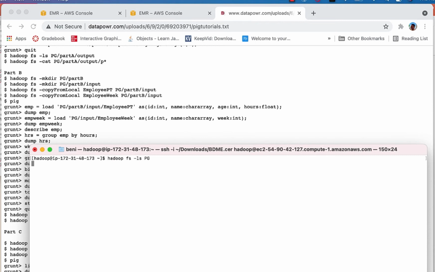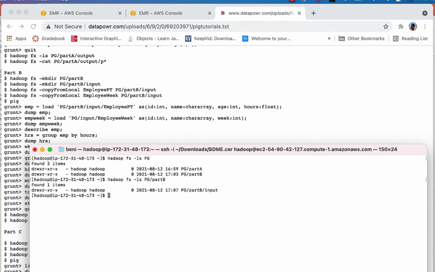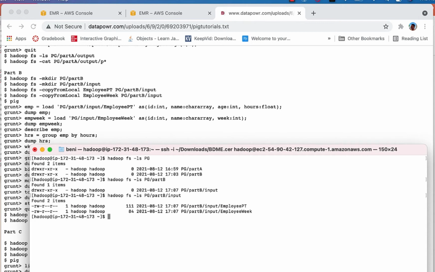You see that we have created a pig part B. So if you see inside part B, you should see the files. There is an input subdirectory. Inside that, we should see the files. So if you can do